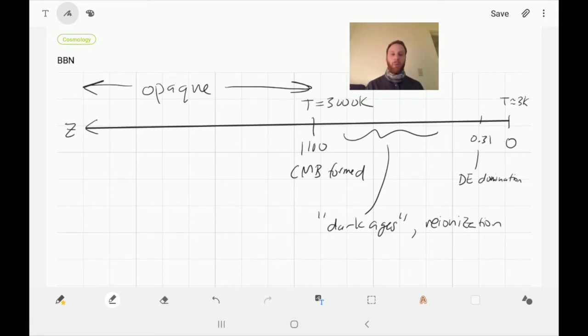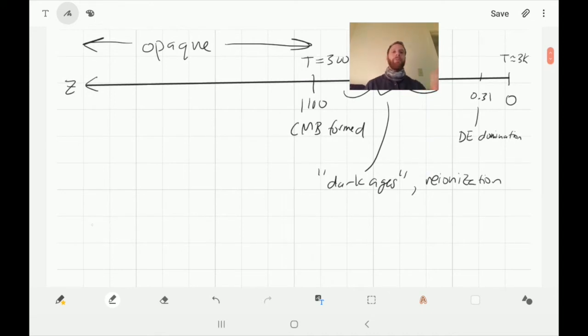One thing you might start thinking about is, at higher redshifts, the temperature should get higher as well, and eventually the temperature and the energies should get high enough that at some point nuclear reactions were going on in the hot, dense universe.